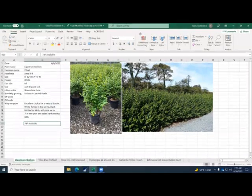I started off with a couple of shrubs. These were some things that I was seeing going on trucks that I noticed we have a lot of. Also things that I had questions for this week, so I figured I would just show everybody while I have everyone together. The Ligustrum Ovalifolium,